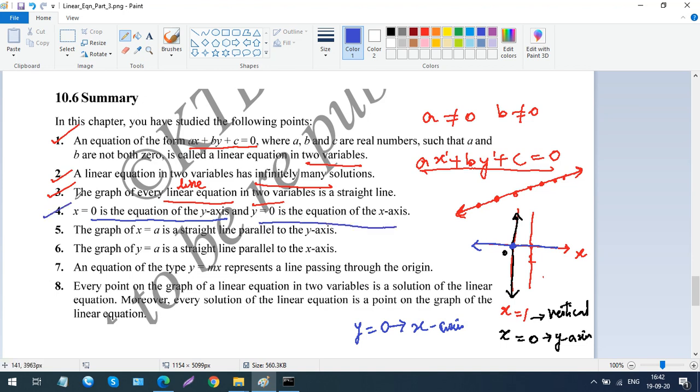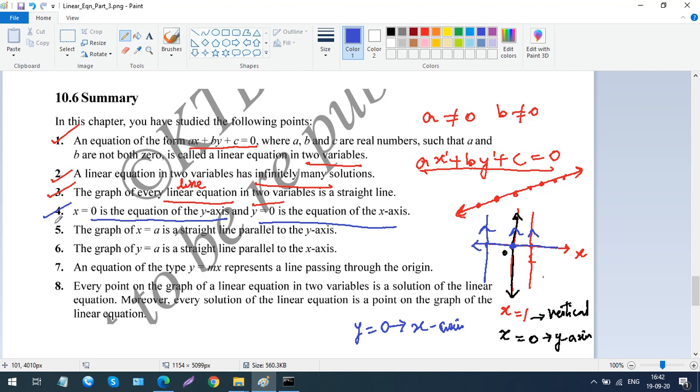Okay, now the graph of x equals a is a straight line parallel to the y-axis. See, we have just learned it over here. x equals a means x equals 1, x equals 2, or x equals any number. It's going to be a line which is parallel to the y-axis, right? So you draw any line which is crossing x equals any particular number, and that is going to be a line parallel to the y-axis, right? See this arrow over here, when I draw an arrow like this, it means that these are parallel. Okay, and I have to point the arrows in the same direction.